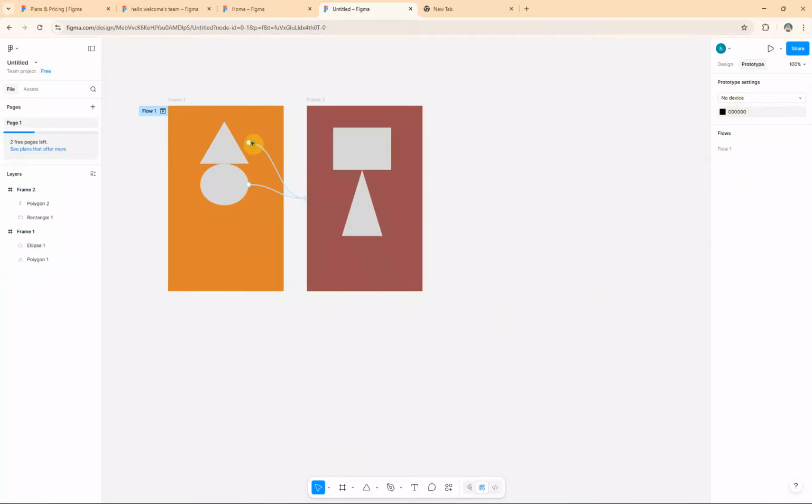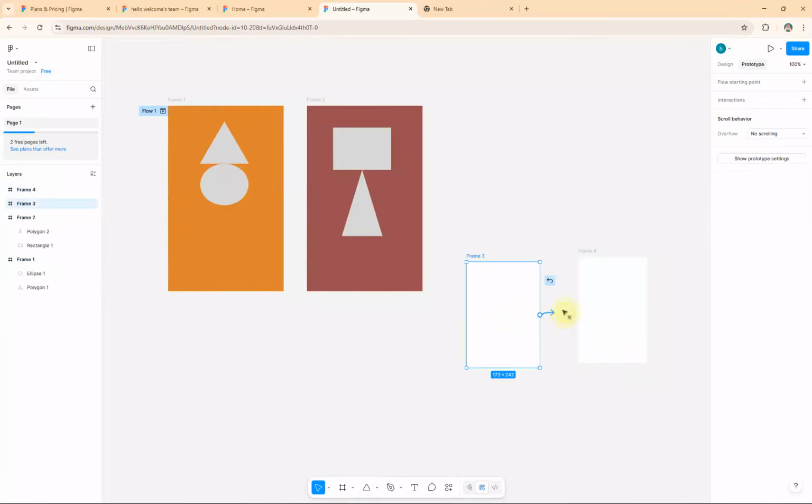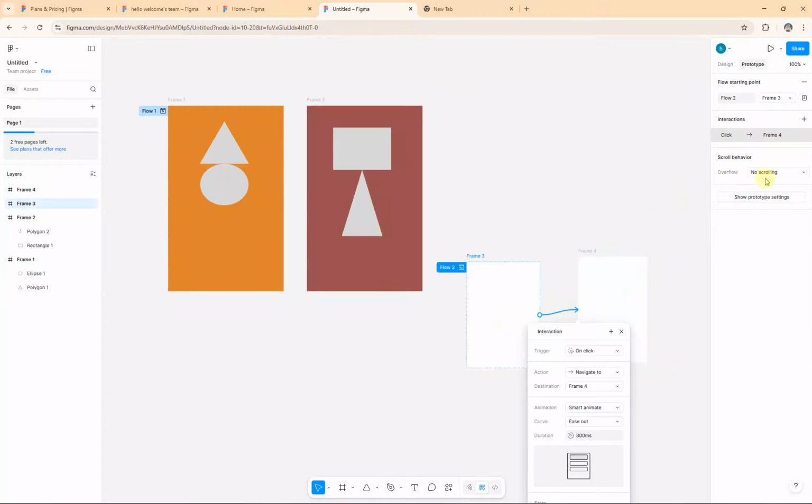Now, with the frame selected, look at the right-hand properties panel and find the overflow behavior section here. You need to select horizontal scrolling. This setting tells Figma that you want to scroll horizontally within this frame. To preview the scrolling, click on the present button at the top right of Figma. This will open your design in prototype mode, allowing you to test the horizontal scroll by dragging left and right